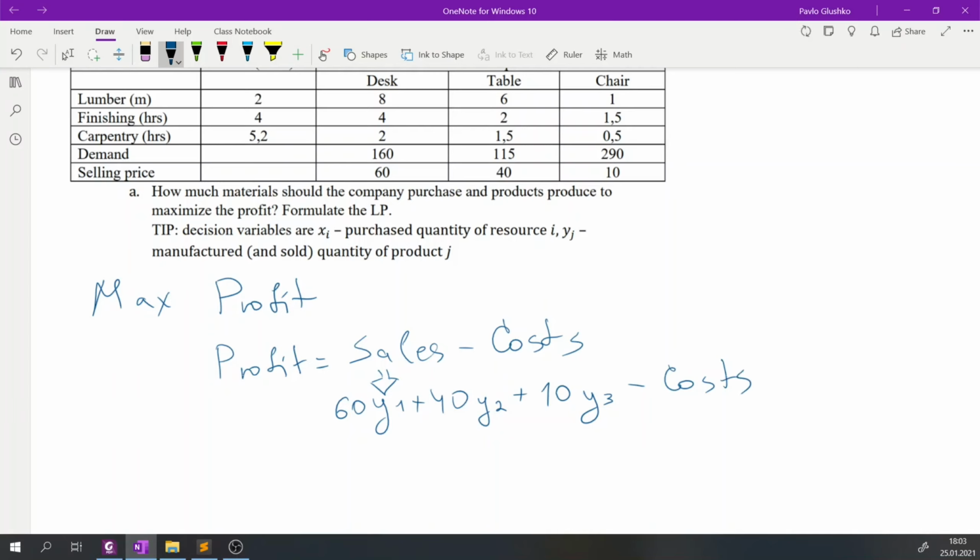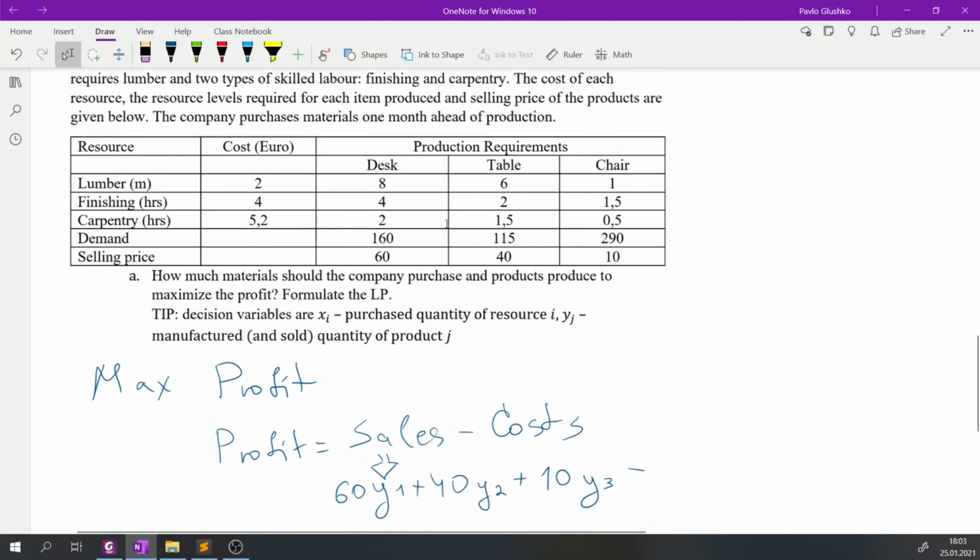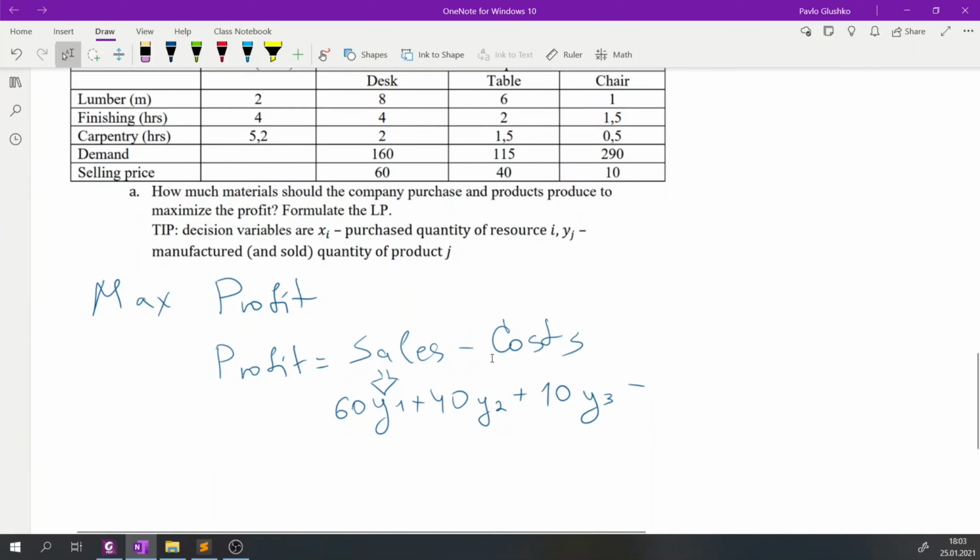So since we know what sales are now, how do we calculate costs? Costs are the costs of goods produced. So it's the cost of all the materials that we use for the production. And we have here the decision variable x, which is the purchase quantity of resources 1, 2, and 3, which are lumber, finishing, and carpentry. So profit is sales minus cost, and cost consists of